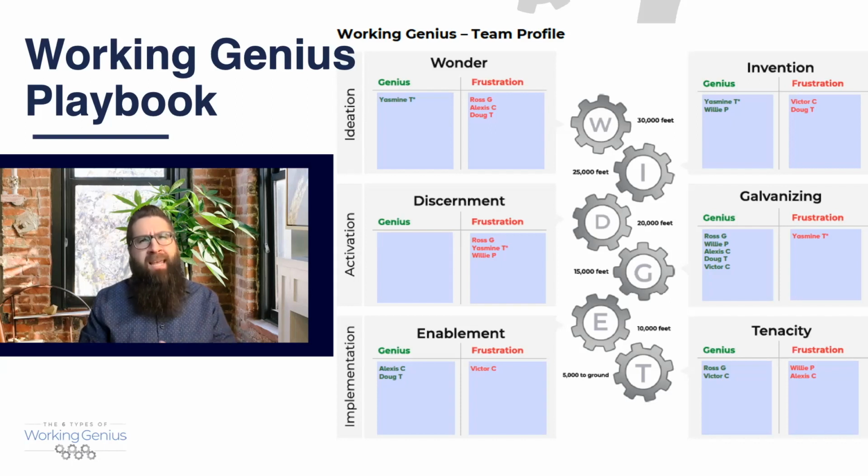And do we keep stirring up energy around the same ideas, the same initiatives, without taking the time to wonder or invent? And then lastly, how do we ensure that we focus our gift of galvanizing around only our most important initiatives? With that high level of galvanizing, that last question would be really important because we don't want to lessen the influence of galvanizing if it's being overdone. And so that is something just to note, that sometimes geniuses may also be misused, not just missed. They can be misused or maybe overused at times. And so just having that awareness as a team, as a leader, I think will be super helpful.